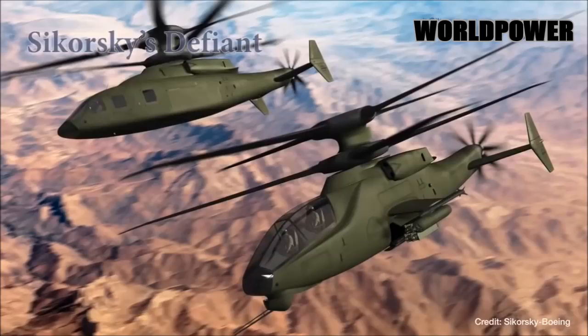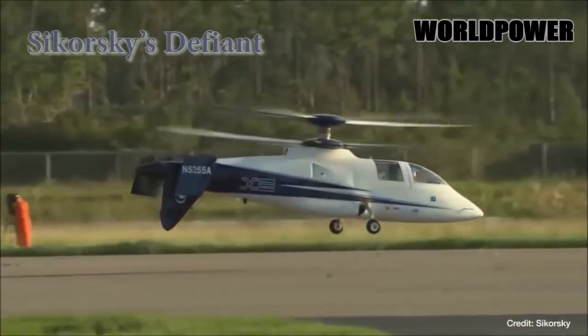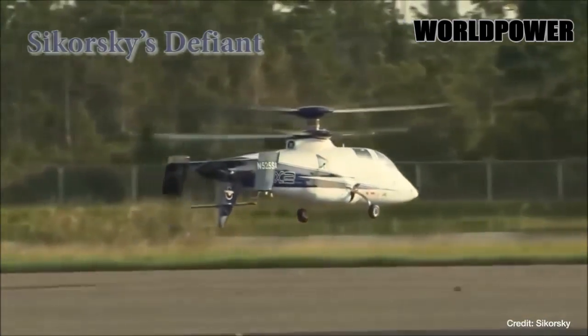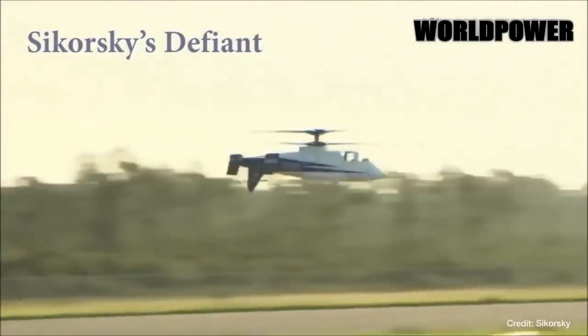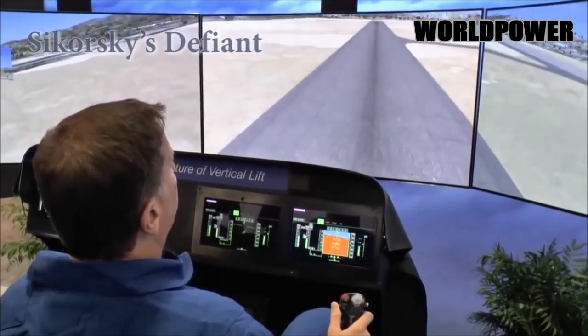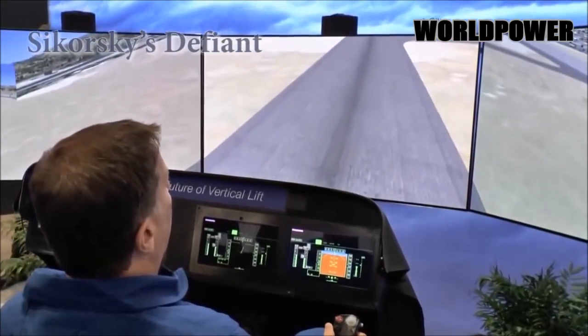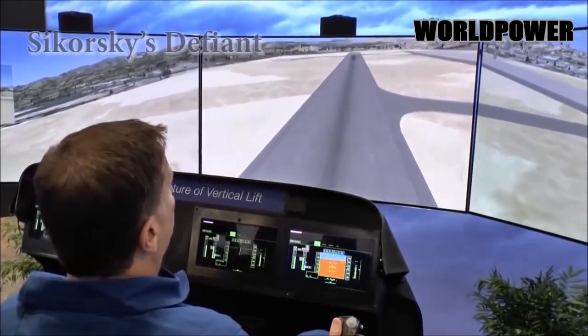The SB-1 Defiant is based on what Sikorsky calls X2 technology, which encompasses a coaxial rotor system, an aft propeller, active vibration controls, active rudders and elevators, and fly-by-wire controls. The Defiant will cruise at 250 knots, 288 miles per hour, and offer greater hover stability, too. The helicopter